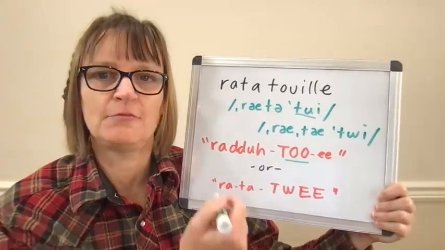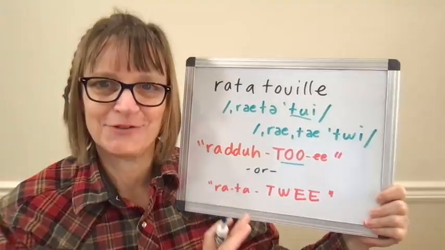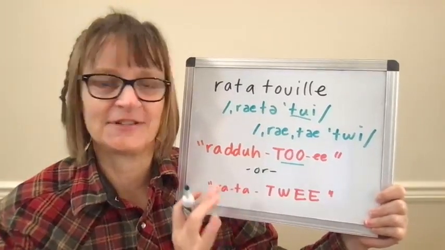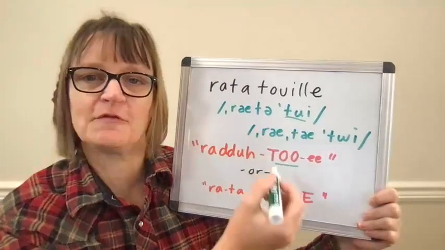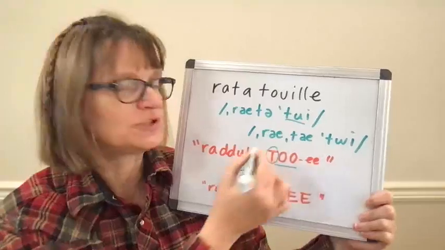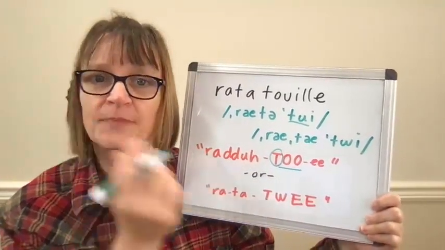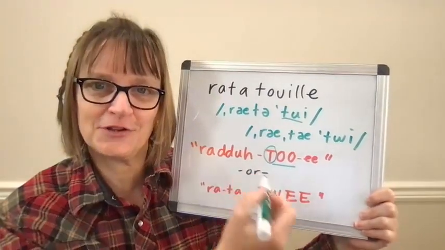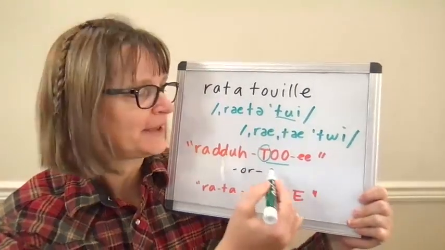If you say ratatouille, that stress is going to dictate how you say those T sounds in ratatouille. So because the stress is before this second to last T, we actually do a true T sound there with a puff of air, 'too'. So I recommend, if you're going to use this pronunciation, start on the stress syllable and build from there. So you would say